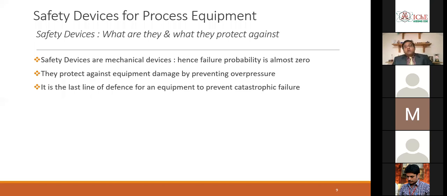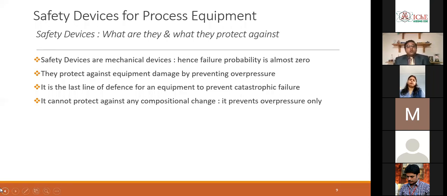It is the last line of defense. So you have designed your vessel as per the operating conditions and all those things. You have installed some automation and all to prevent them crossing your design boundary. But still, because of the factors that we described previously, there is a possibility of accidents or overpressure or any other scenarios to happen. So our safety devices are our last line of defense, which if they fail, only God can help. That's it. You just simply run away from the plant. You can't do anything.